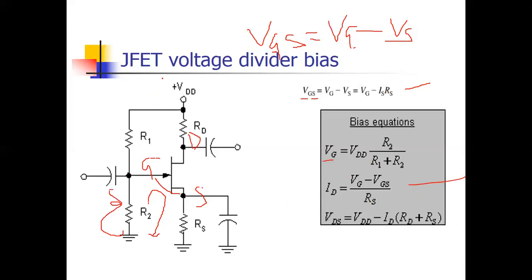And the same for VDS, you will apply KVL in the right side, and the same equation which I have done previously: VDD minus IDRD minus VDS minus IDRS equals 0. Okay, so this is the equation of VDS. So this is the method to calculate the ID and VDS. Why are we doing biasing? We are doing biasing for calculating the Q point. Q point means ID and VDS. So we have calculated. Just remember, we have to take the KVL equations.